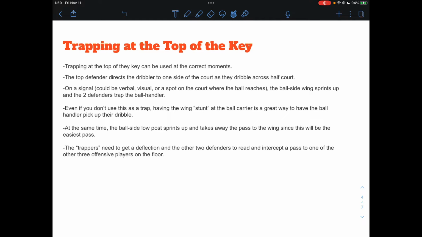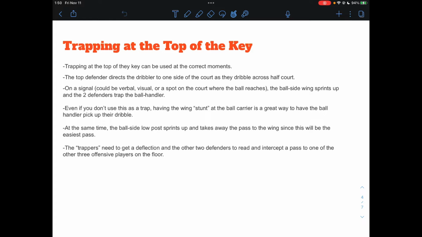What will happen is the top defender will direct the dribble to one side of the court as they dribble across half court. This isn't something I want to do in the first possession, but maybe after 5 or 6 possessions, if they can see our wing defenders are sagging off, now we can do a signal here. It could be a verbal signal, it could be a visual signal,